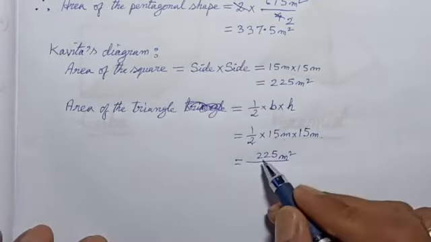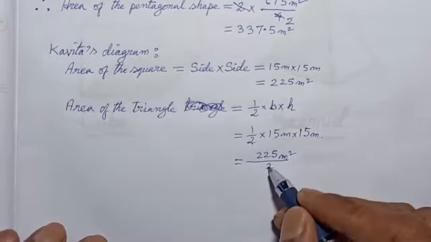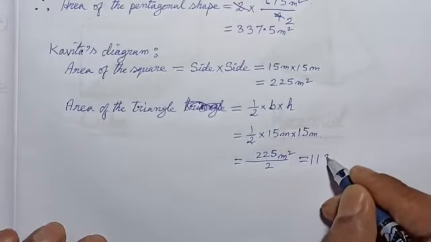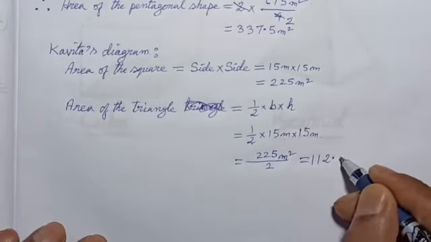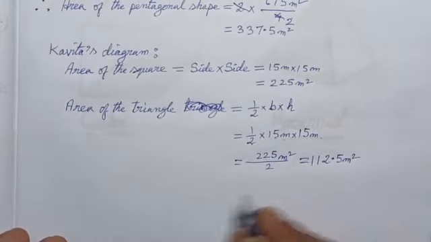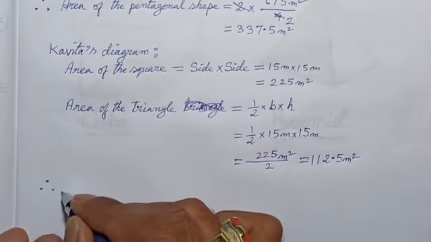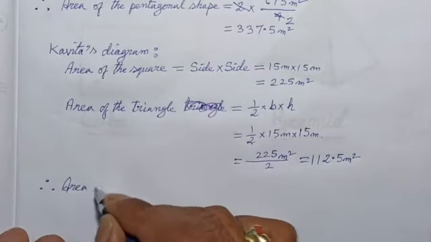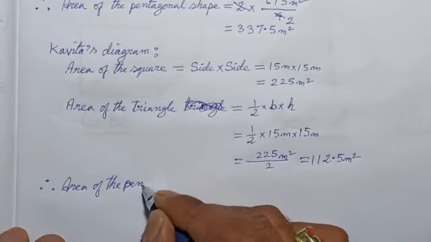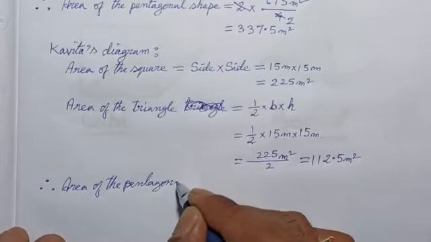Now this 225, let us divide by 2. 2 ones are 2, 2 ones are 2, 2 twos are 4. Next is 10, 2 fives are 10. We are getting 112.5 meter square. Therefore, area of the pentagonal shape